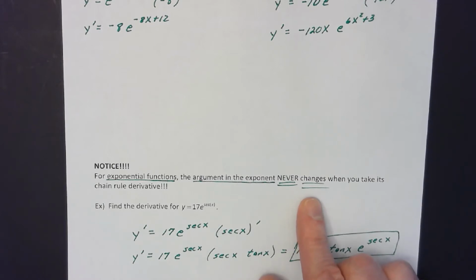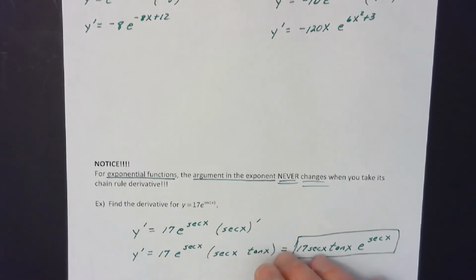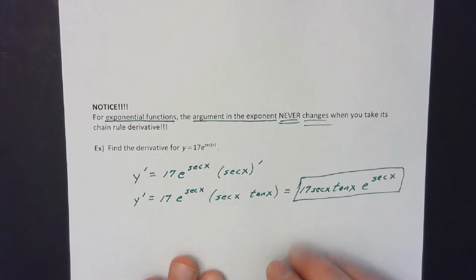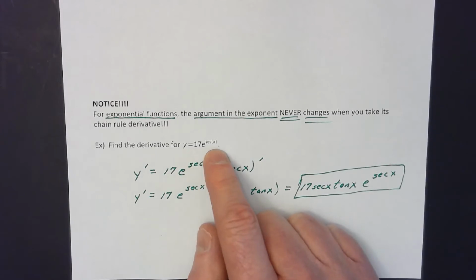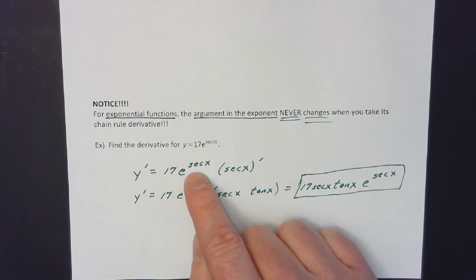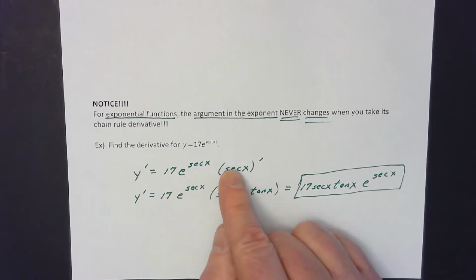So yes, you're going to multiply by the derivative of the exponent, but that's going to multiply the base of the exponential function, certainly not going to change the exponent. Here's another example. If I have 17e to the secant of x, and I'm asking you to take the derivative, you're supposed to be thinking, well, the derivative of any exponential function is that exponential function, 17e to the secant x,